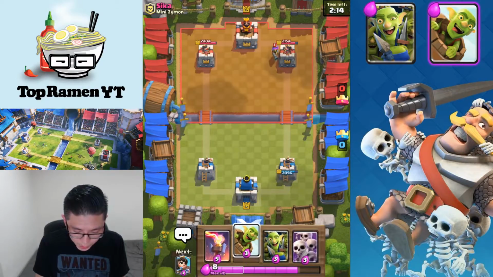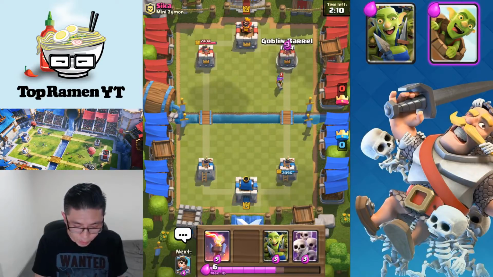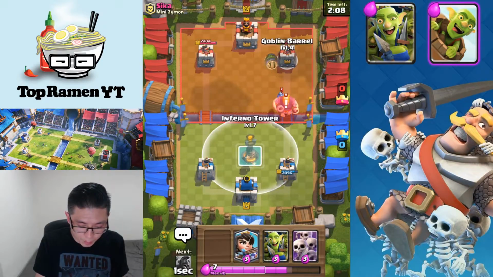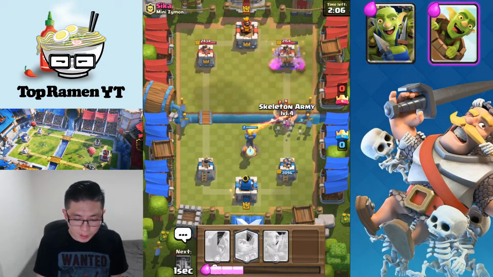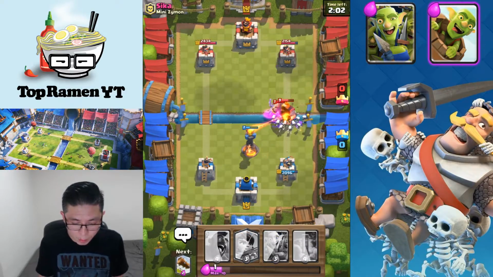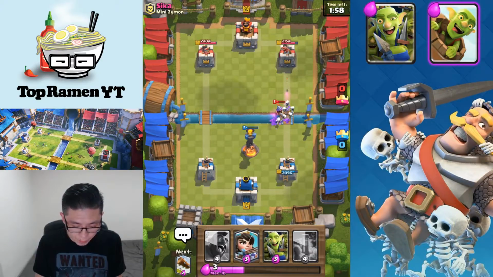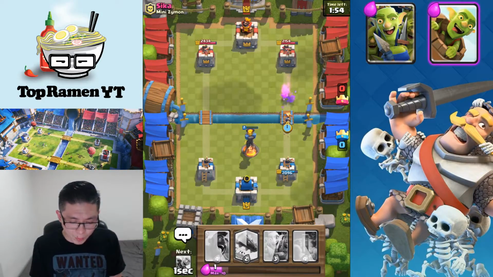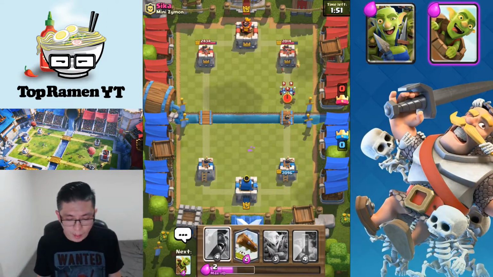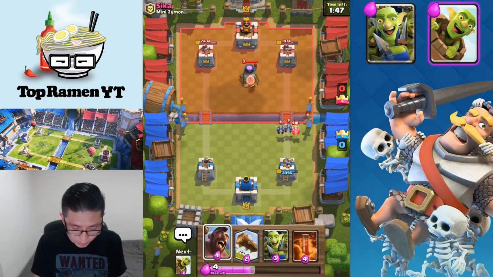This tells me he has an RG deck or something like that. I'm gonna force him to waste another spell. There's the RG, so I'm gonna just drop my infernal tower, and I'm gonna drop my Skarmy. So he wasted his log to defend against my barrel, which lets my Skarmy do some work. But the RG didn't even get any shots off. Now I remember, I think he did a furnace. So he has minions. So now I know he has minions. So his cycle, he has a furnace in his hand. There's the furnace,